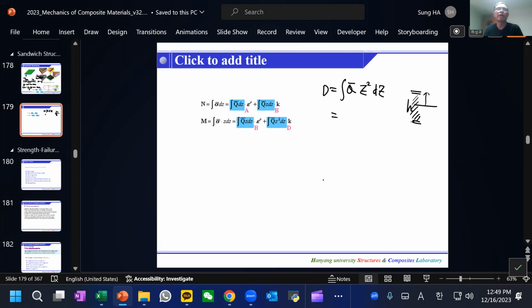Every ply in the skins has a function of Z, along with the thickness T top and thickness of the bottom, T bottom. The order of the thickness, T top and T bottom, is much larger. What does it mean? In this equation, we can say that Z squared, I'm sorry,